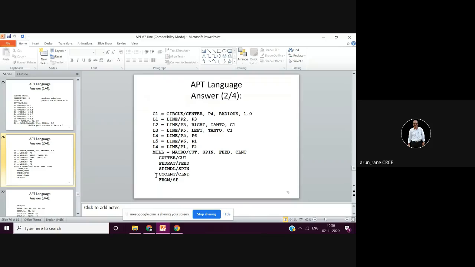Now some additional information, like cutter. This is just for your own knowledge. That is how many cuts you are going to take: one cut, two cuts, three cuts. Then feed rate. Now since you already prepared a table, you can easily write that spindle. If you want, you can mention your cutter number, that is tool number here, cutter T01.